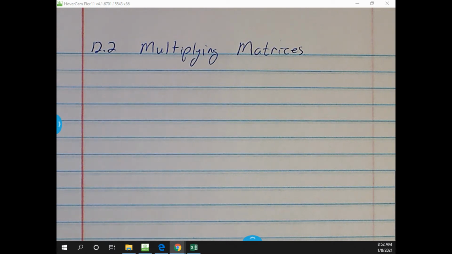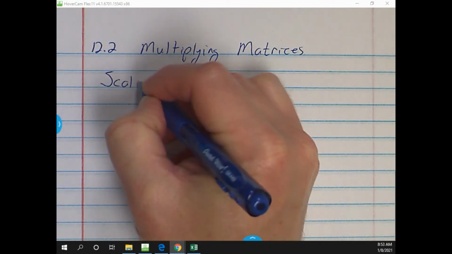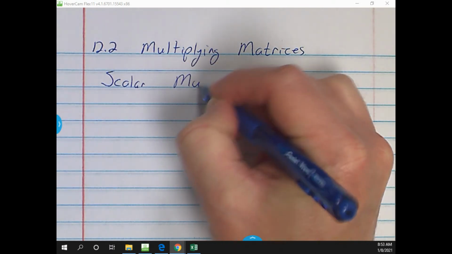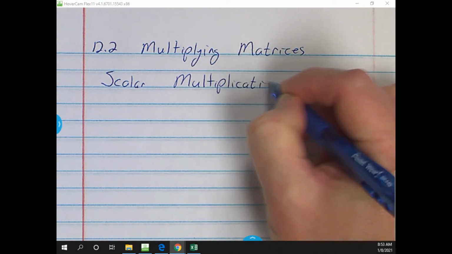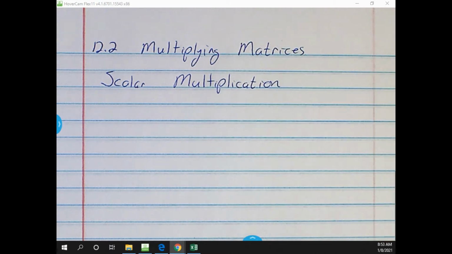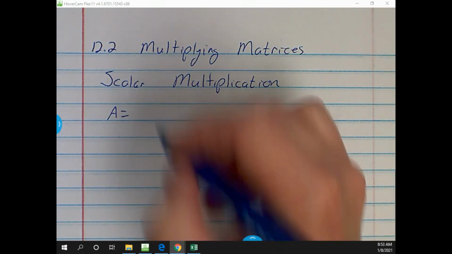Okay, so 12.2, we're doing multiplying matrices. There's basically two main types that we're going to do. The first type we'll do will be the easy part, which is scalar multiplication. With scalar multiplication, this is where if you have a matrix, let's make it real quick and real